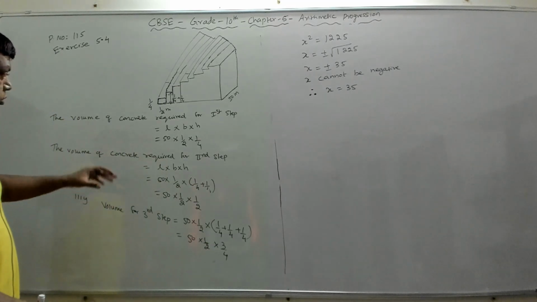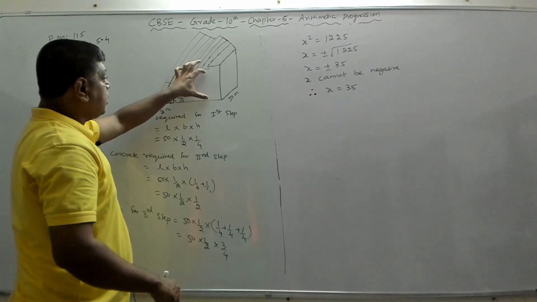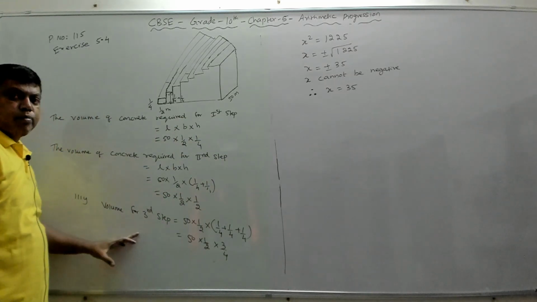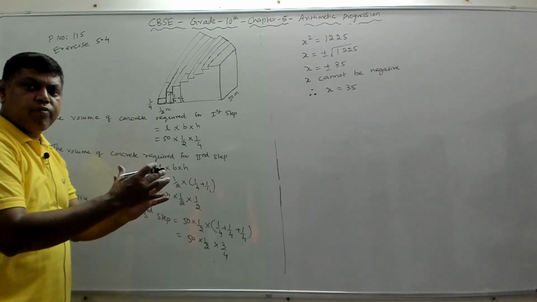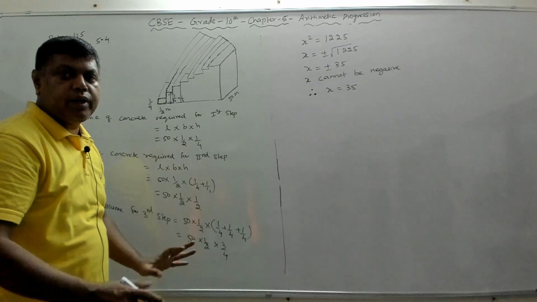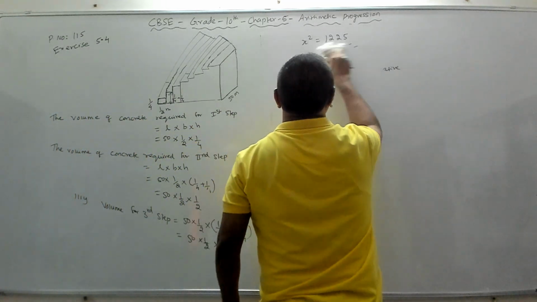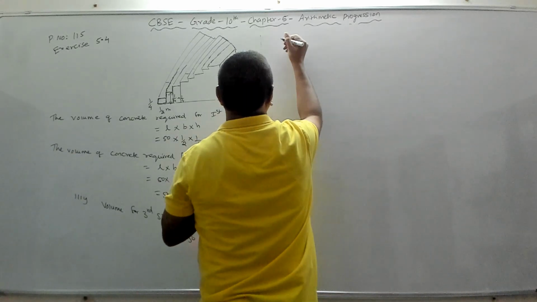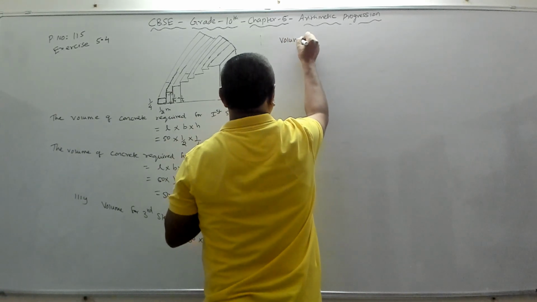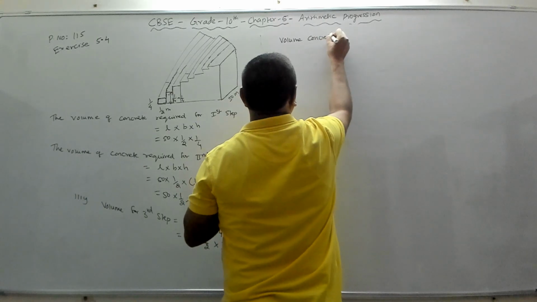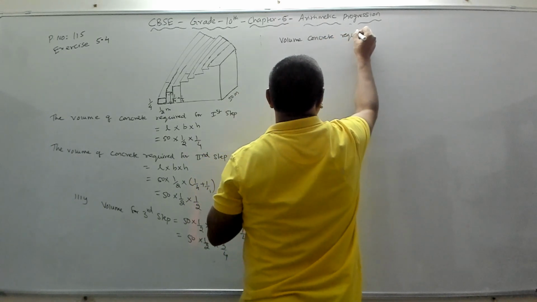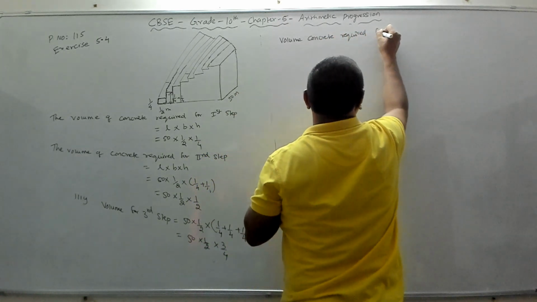So now similarly like that we have to find the volume of all the 15 steps. And then if you add the volume of all the 15 steps, we get the volume of the entire terrace. We get the volume of the entire terrace. So we'll say volume of concrete required for the terrace,